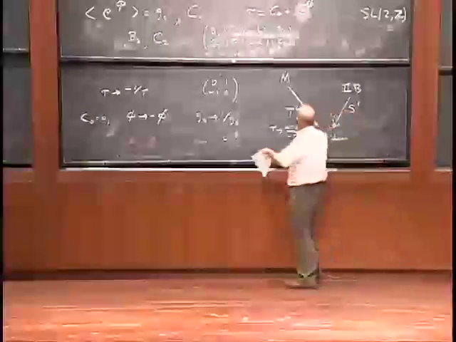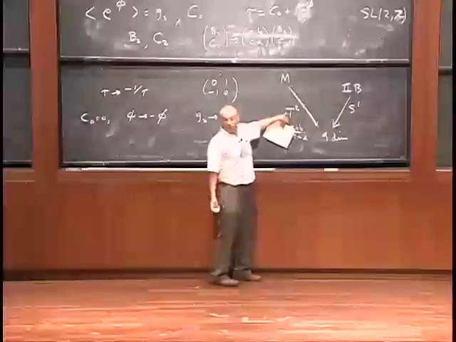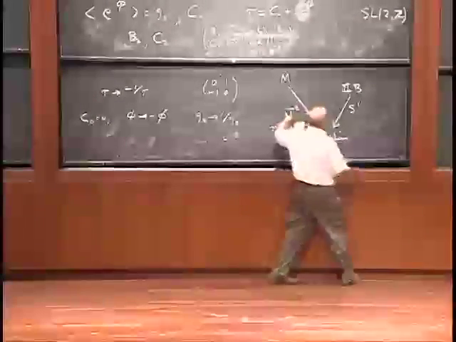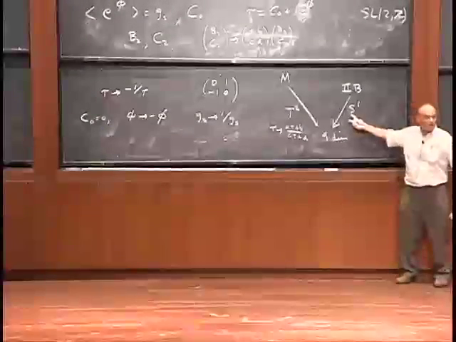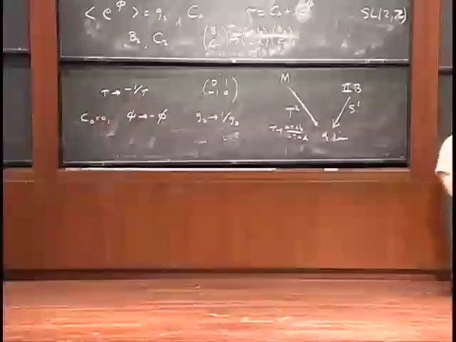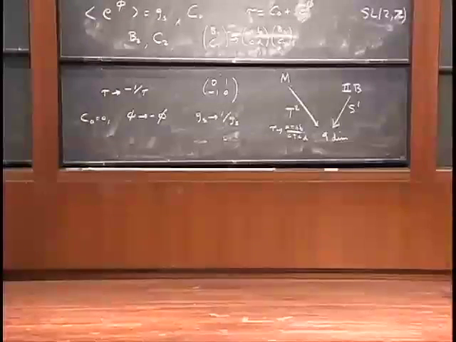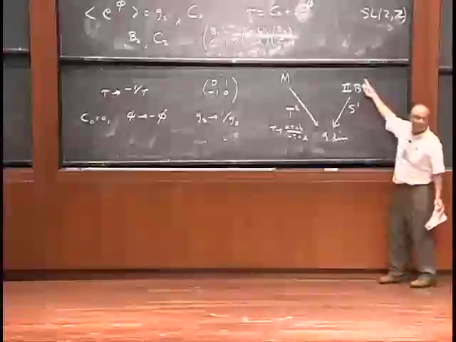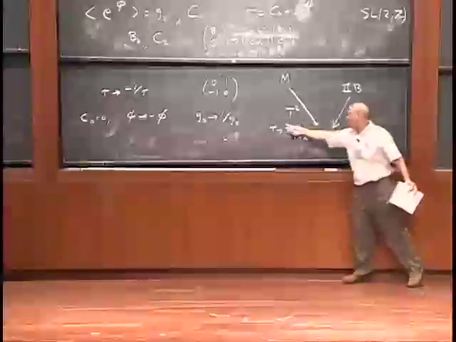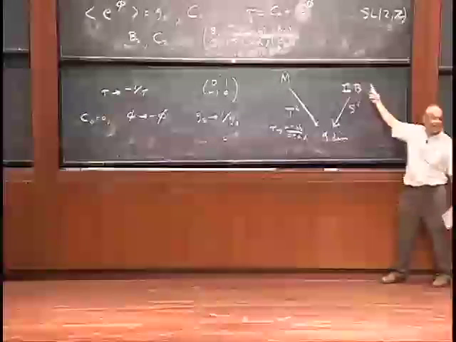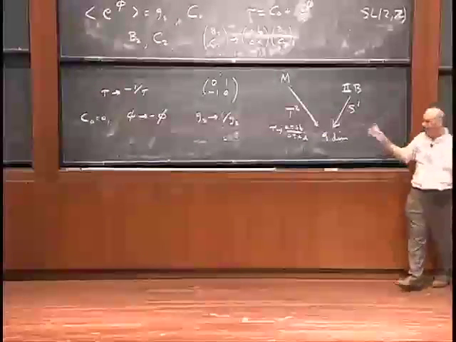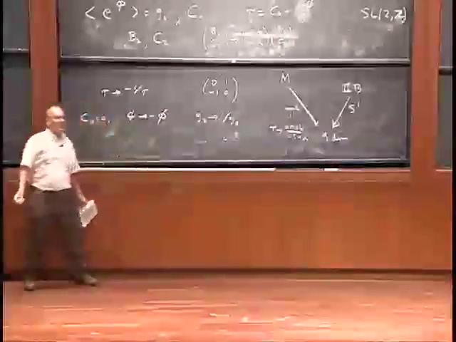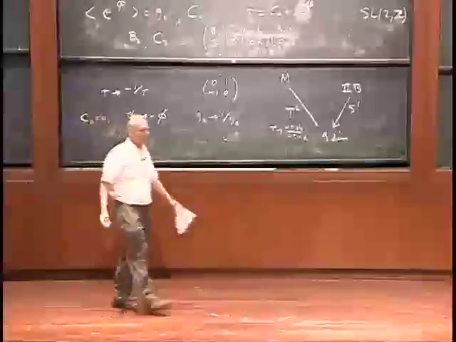And now, holding tau fixed, you can squeeze this torus to 0 size, send its volume to 0, and that's related by a duality to sending this circle to infinity, because you remember T-duality has the circles going opposite ways. So when you shrink this torus to 0, you're blowing up this circle, you get back to 10-dimensional type 2B string theory, and this symmetry remains back in 10 dimensions. So there's this very nice coherent picture, and this is the tip of an iceberg, but my time has run out, so the rest of the iceberg you'll have to find by reading.